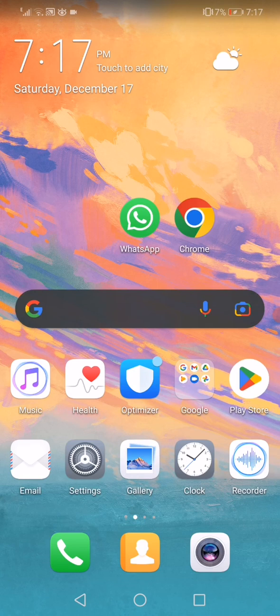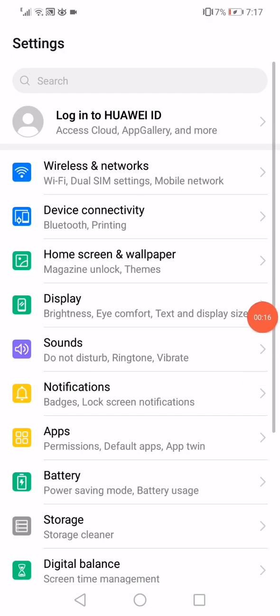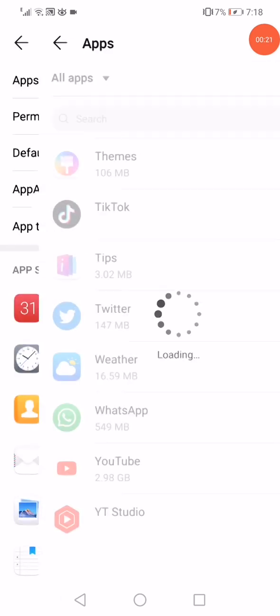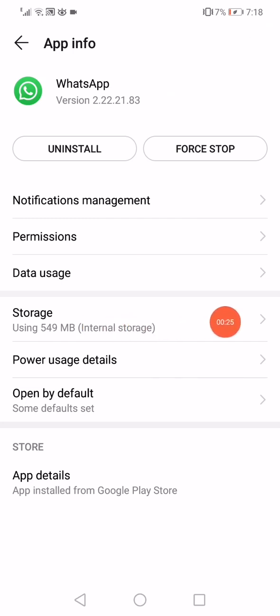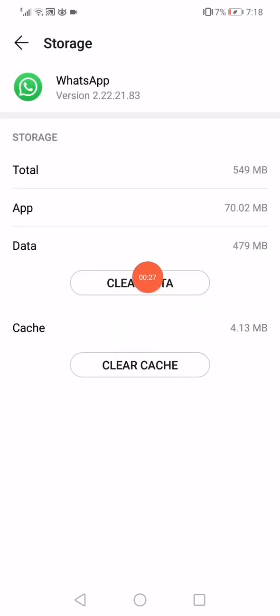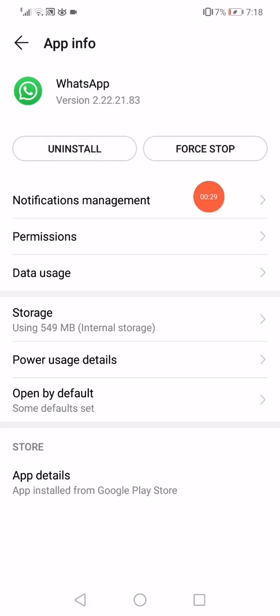So all you have to do to fix this problem is very easy. First way is you have to open the settings on your phone and then go to the apps manager, go to the apps, go to the WhatsApp app right here and click on the storage, click on clear cache and clear data, go back, click on force stop and then go to the permissions, make sure that all the permissions